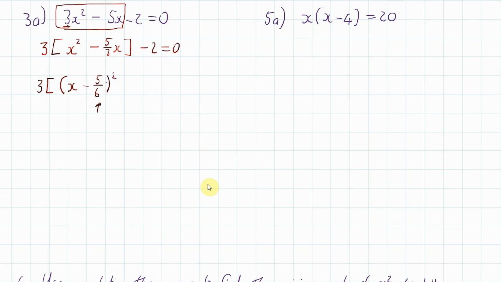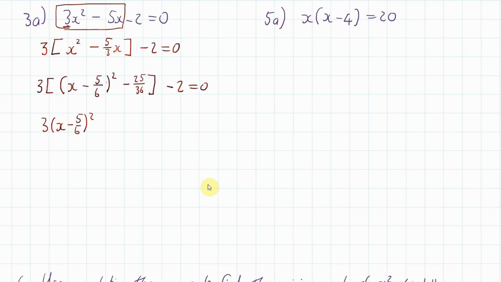Now what is 5/6 squared? 25, 5 squared, over 6 squared, 36. So that's quite easy, isn't it, really? Okay, and then we put our square bracket round, and then we've got that minus 2 hanging out over on its own there. And then we're going to expand the bracket. So 3 bracket x minus 5 over 6